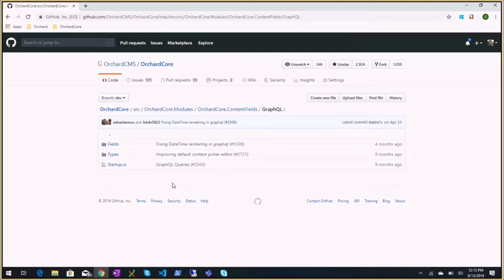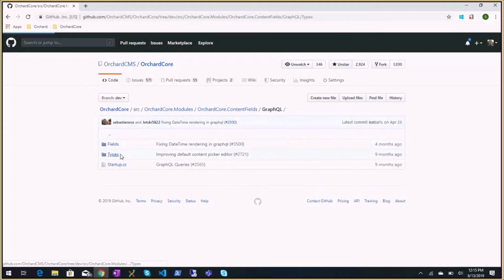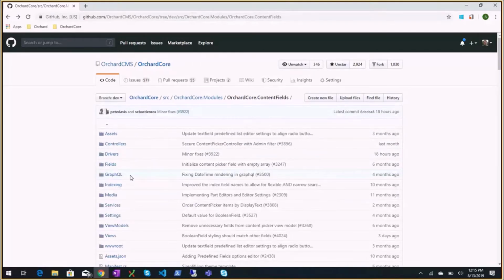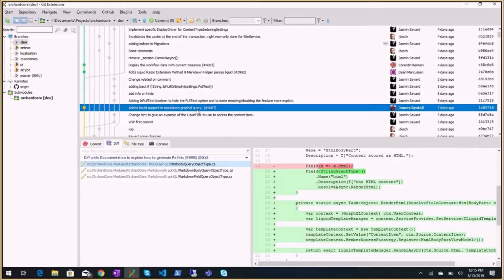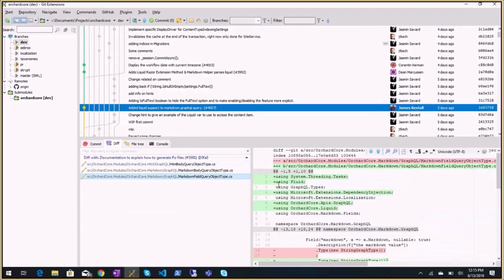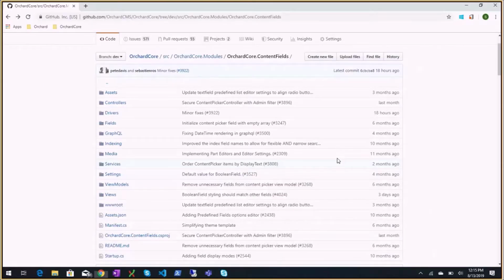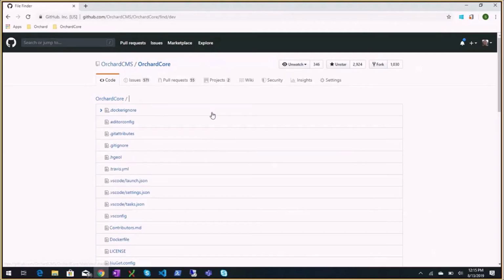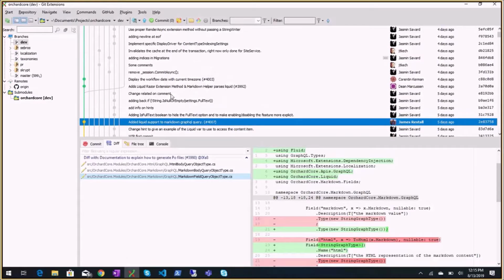GraphQL fields. Yeah, probably it should be done for the HTML field. Markdown field query type object. Maybe it's done differently for these fields. That's weird. I have to check. We'll see. I will add it in my notes.